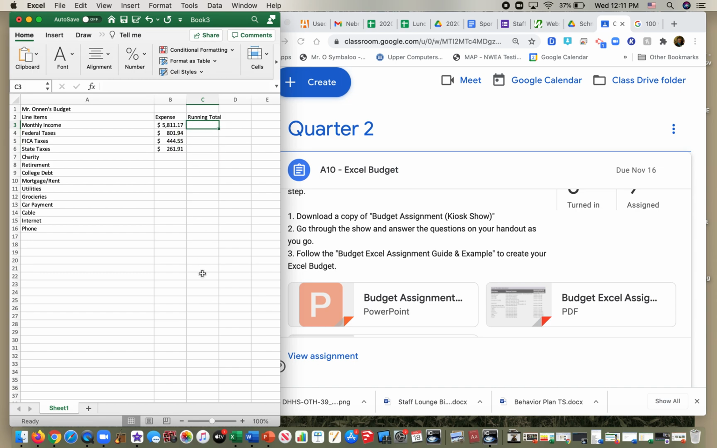So in the running total column, now that I have a few expenses in, my running total is how much is left. So after I get my monthly income check, this is what it is. But I have taxes, so I have to go equals this, my total, minus whatever I'm going to pay in for taxes. So it's going to be equals the one above minus the one to the left, because now it's after federal taxes are out, I have 5,009 minus my FICA taxes equals my remainder minus this. And then for charity,